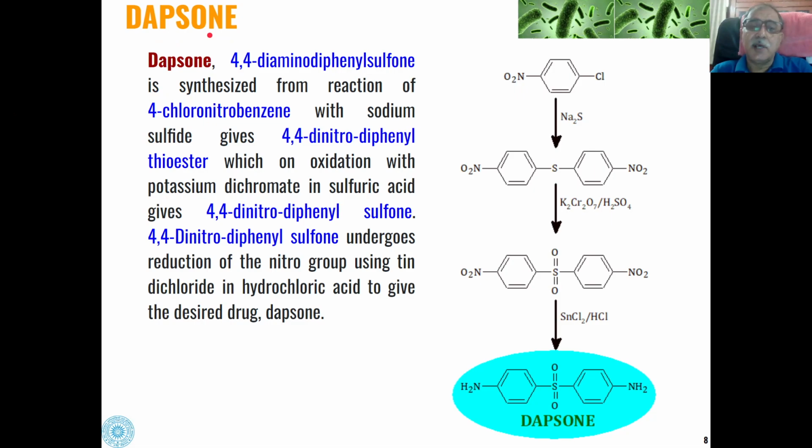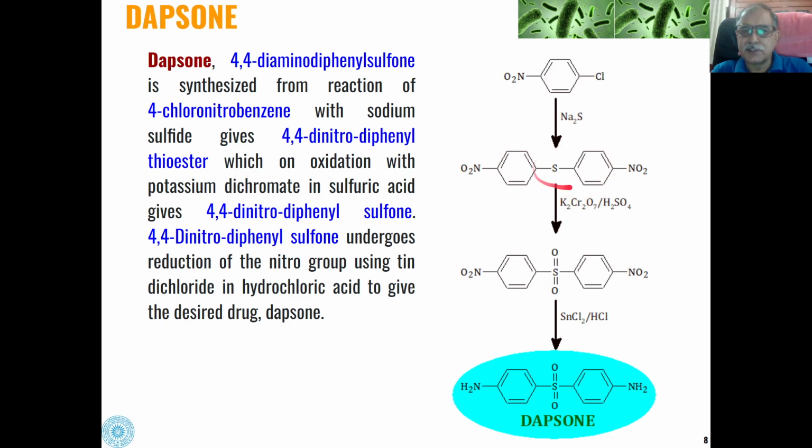Then is dapsone. Dapsone is synthesized from 4,4-diaminodiphenyl sulfone. This is dapsone, 4,4-diaminodiphenyl sulfone. This is synthesized starting from 4-chloronitrobenzene. So 4-chloronitrobenzene on reaction with sodium sulfide will give us this